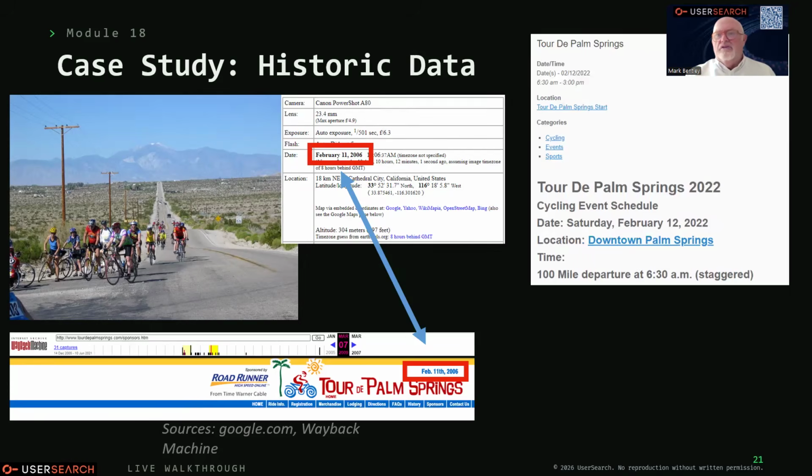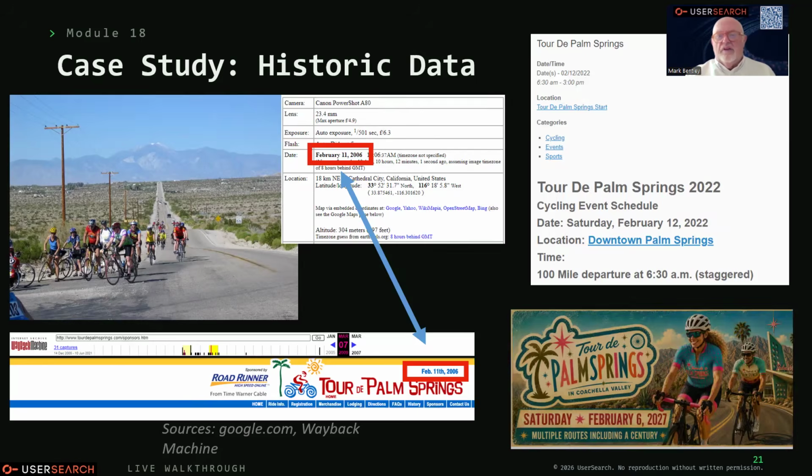You look it up and you start finding the latest stuff. Tour de Palm Springs, cycling event schedule 2022. And you go, I wonder if there's one coming up because then, you know, he may attend it. And you have a look at that, and there it is. Next one's on February the 6th, 2027, and the Tour de Palm Springs in Coachella Valley. So tell me that picture's worthless.